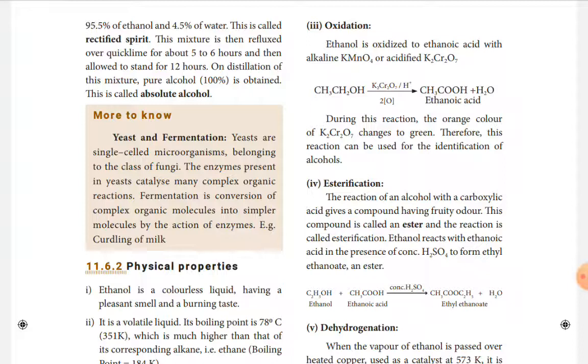of potassium dichromate. The next one, esterification. This is also an important chemical reaction. You will be asked to define esterification. Esterification is nothing but the formation of ester with a combination of ethanol with ethanoic acid in the presence of sulfuric acid. So ethyl ethanoate is also called ester. So the formation of ethyl ethanoate or ester by the reaction between alcohol with ethanoic acid in the presence of concentrated sulfuric acid is called